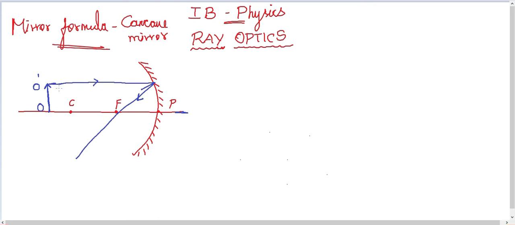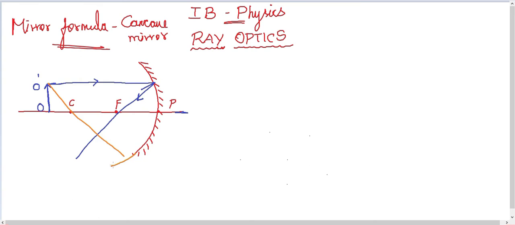Suppose the incident ray is through focus, what will happen? Or if the incident ray is through the center of curvature, what will happen? Let's take the incident ray through the center of curvature. See, the incident ray from an object is through the center of curvature,